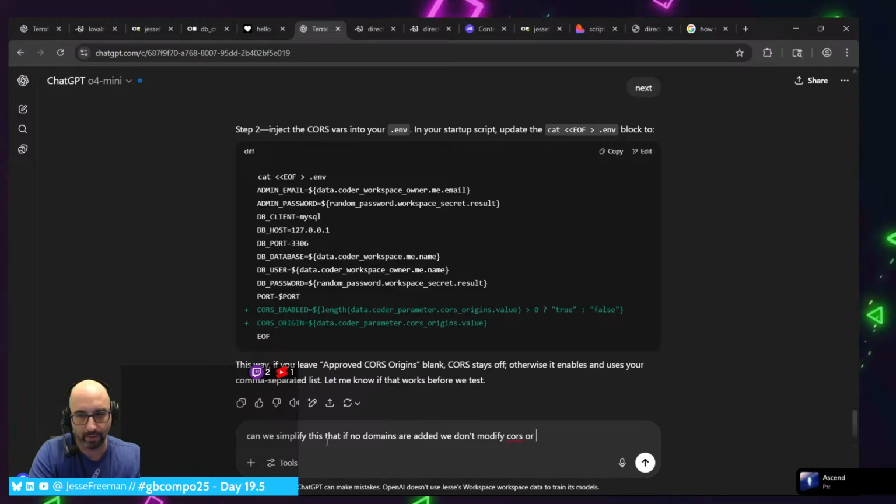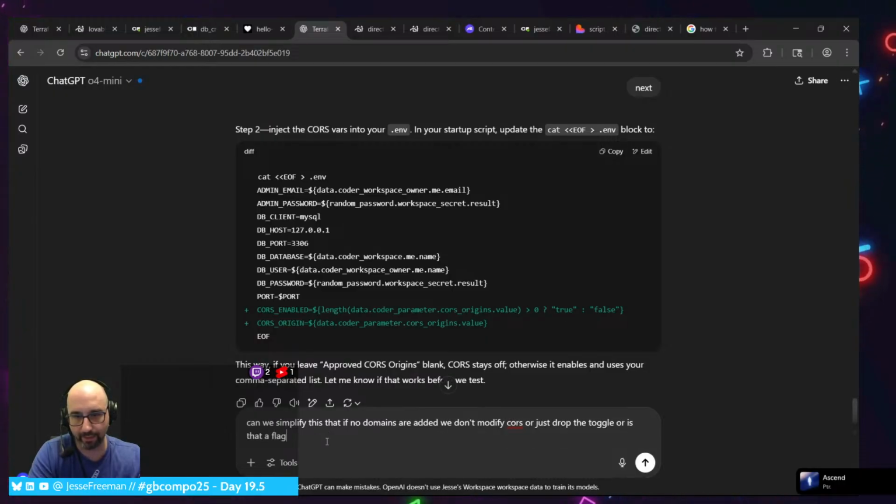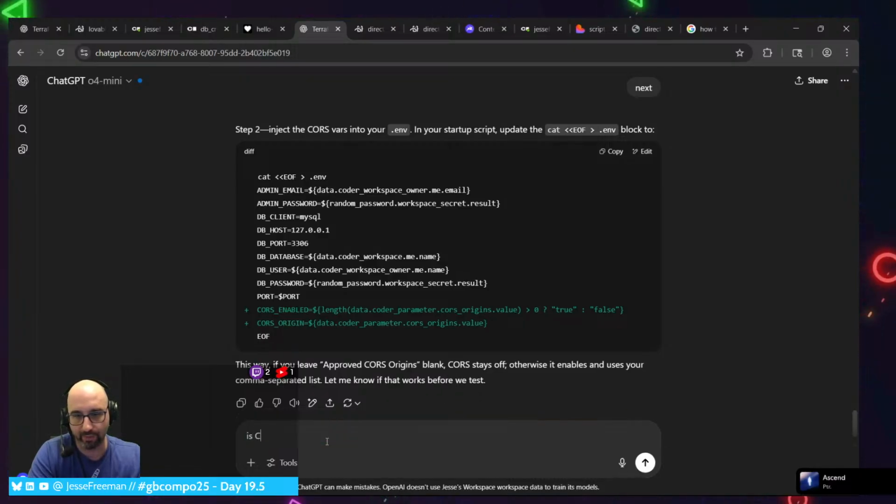Or just drop the toggle. Or is that a flag that has to... Is cores enabled a flag that has to be in the .env file?